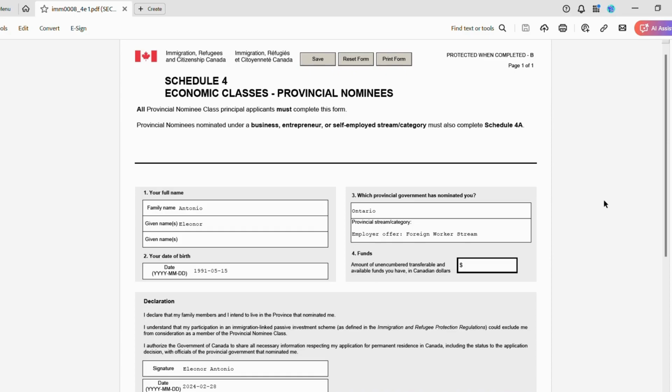So again, you will write your name, your given name, and your birthday. You will also put which province nominated you. So for us, it's Ontario. So I'll just put Ontario, and the category of the nomination. In the nomination certificate, you will definitely find it there, and you will see which category you need to put. But from what I remember, it's employer offer, foreign